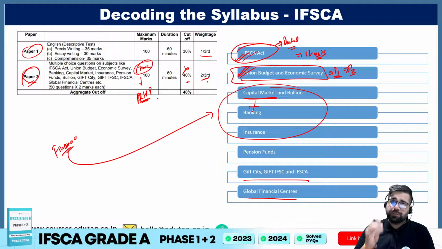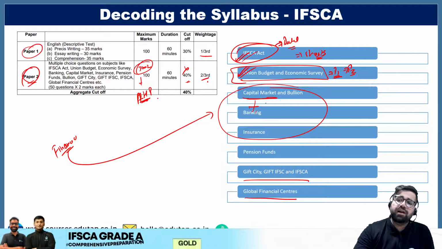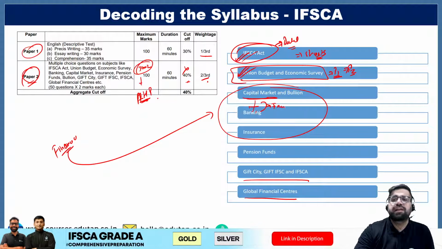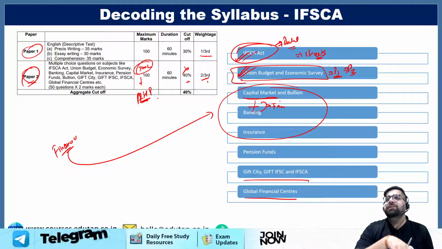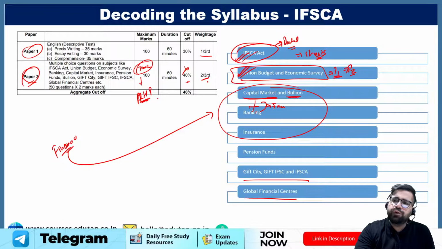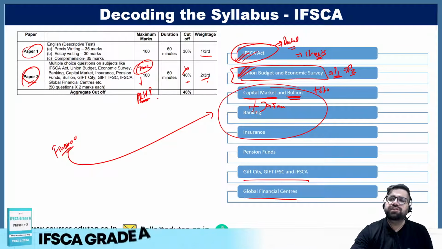So please focus on my words. Banking or capital market are nothing, these are just the components of finance which you have already done in phase 1 paper 2, right? Yes, you have to do bullion separately, and you also have to do one topic which is spot and derivative